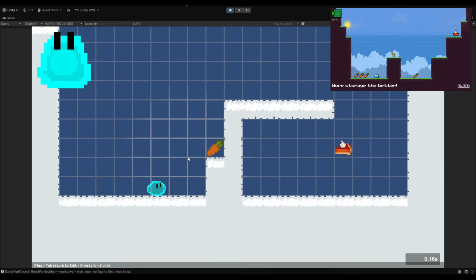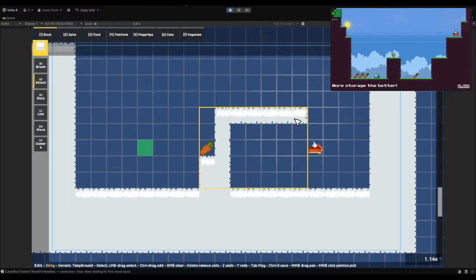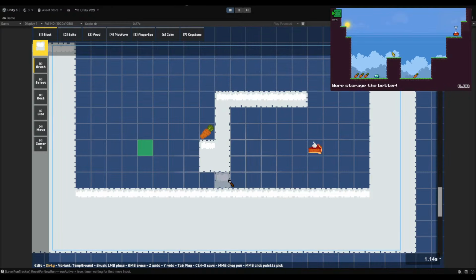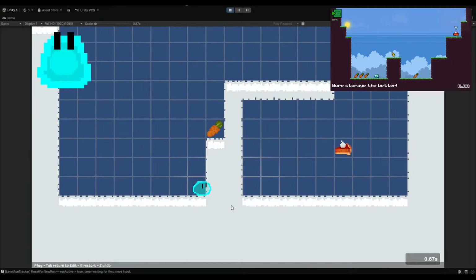But if you do something like this, and for the sake of better explanation, let's move you there too. Then there's only one way to go. But if you make your player hitbox possible to jump on this edge, then it's possible that the player can jump here and jump around the food. And that's a massive headache point, right?